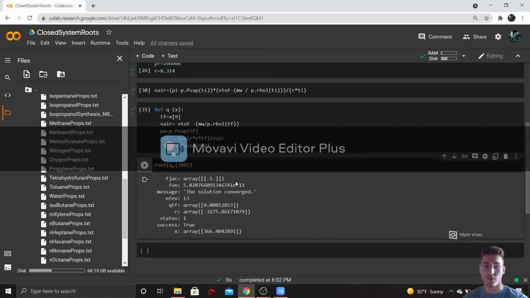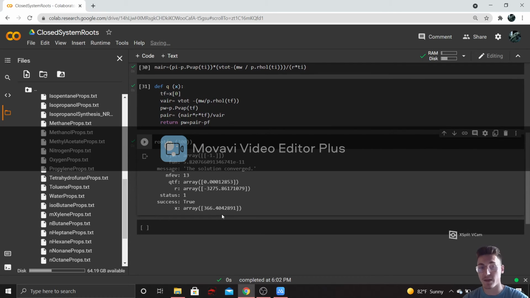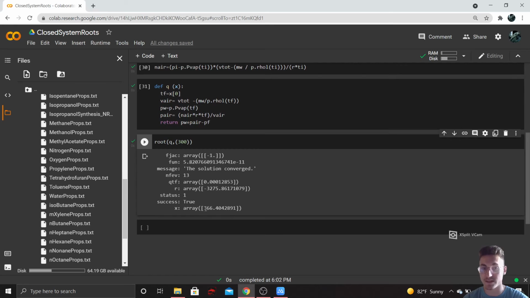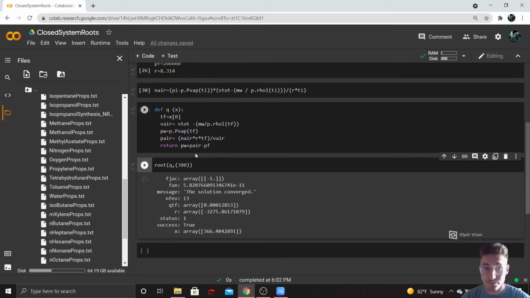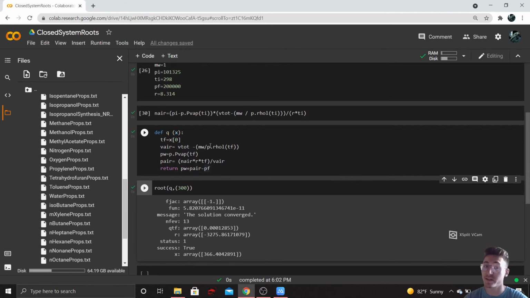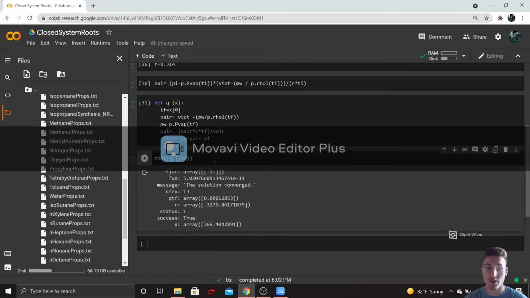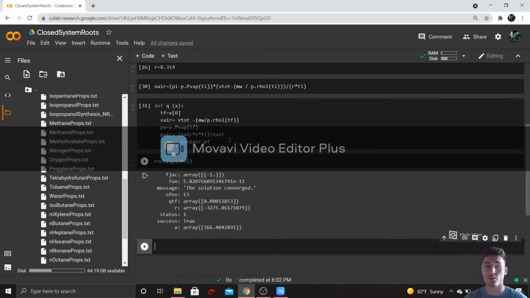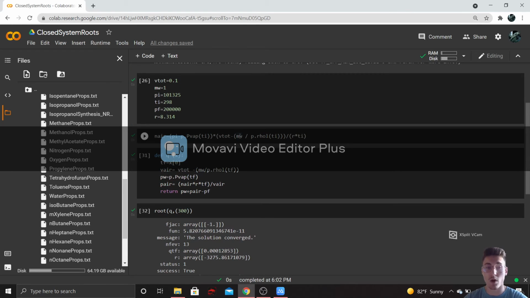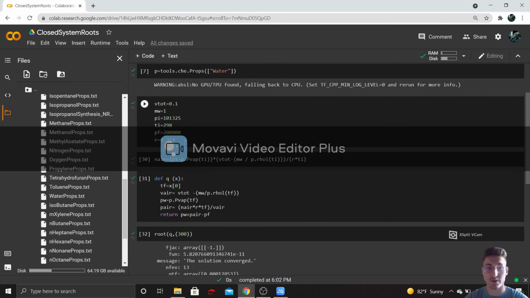So now if we look after we take the root, we can see that we get a final temperature of 366 Kelvin, just about. And that would make sense, because if we have a closed system, volume doesn't change, and we increase the pressure, the temperature's got to increase. So now if we move on to the second part of this, what we are actually going to do,